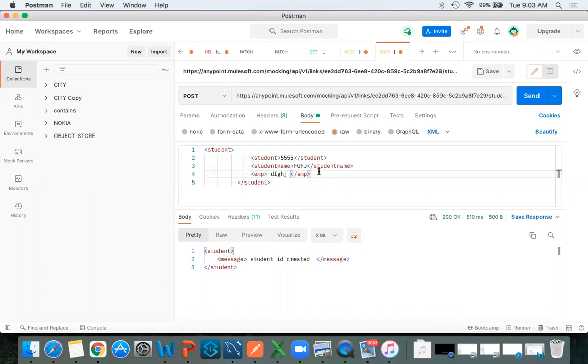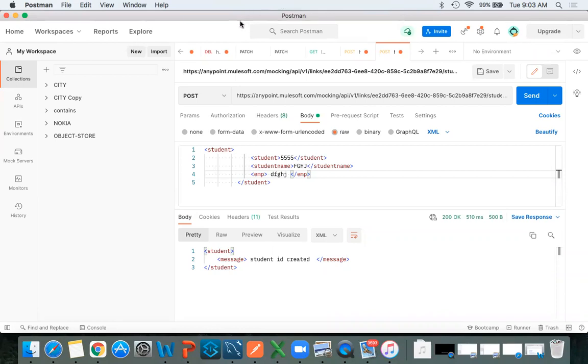Last time we created a calculator API, right? Number 1, number 2, whatever you pass, you will get the same result. If you give 20 plus 40, it will print 60, but if you write 40, it will print only 40. If you write 2000 plus 10,000, it will print 40 only. Why? Because we did not implement business logic. Similarly, you can pass anything and you will get the same output, unless we implement business logic. That business logic we will implement in the development stage.